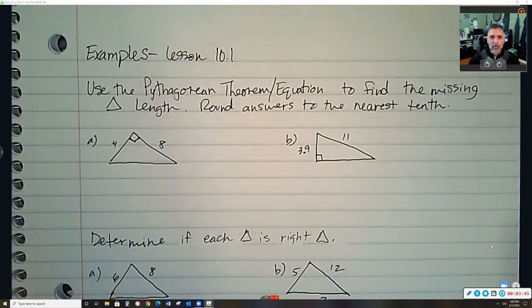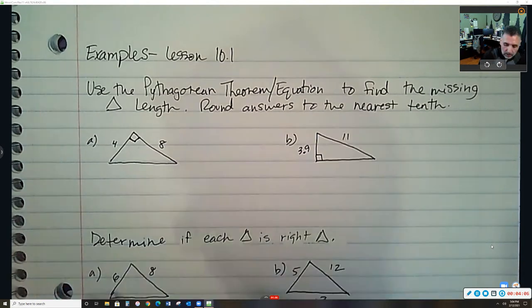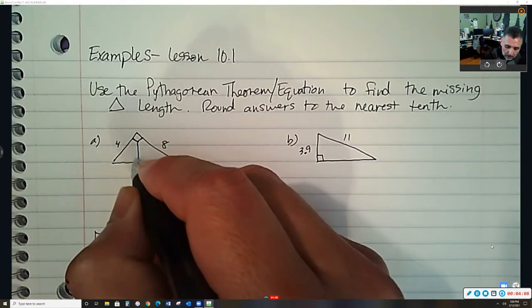Anyway, pause it. Let's move on. If you look at the examples, I'll give you a second. Pause it, that way you can copy down the first two examples. If you look at the first two examples, it says use the Pythagorean theorem or equation, whatever you want to call it, to find the missing triangle length. Round your answer to the nearest tenth. This is what I do, or what you should do also. What you should do is identify the hypotenuse,